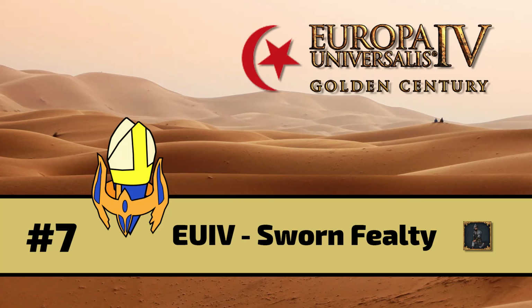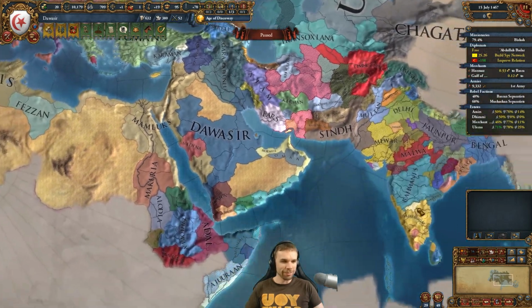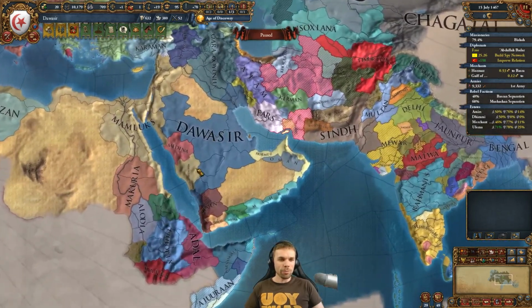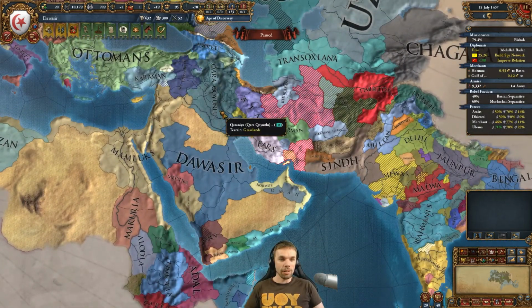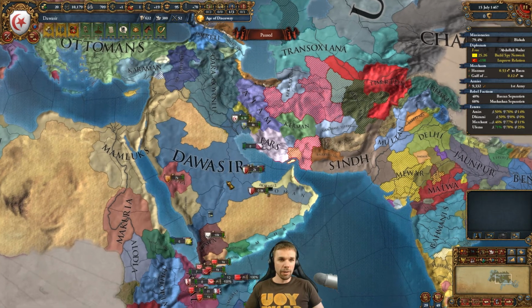Let's play some more Europa Universalis 4. We're playing as Dawasir. We're going for the Sworn Fealty achievement. Wow, I almost said first come, first serve, which has been a while. No, Sworn Fealty, we have to form Arabia and have 100 of our tribal allegiance thing, which should be the